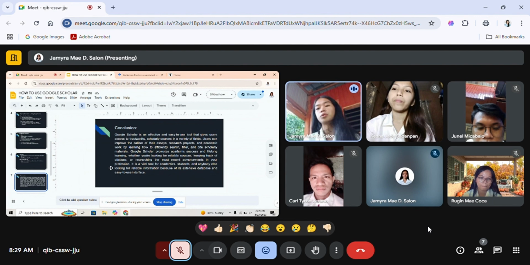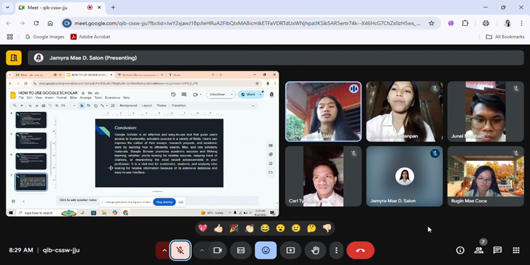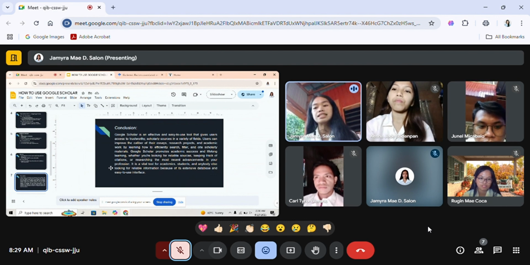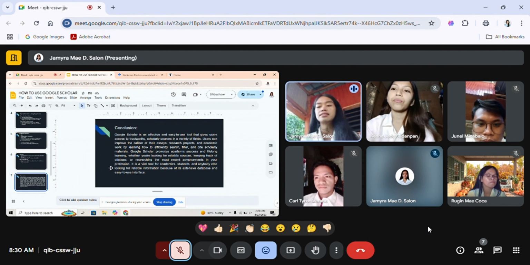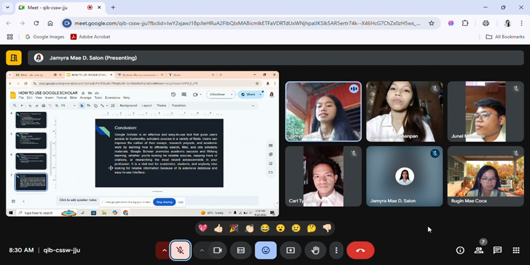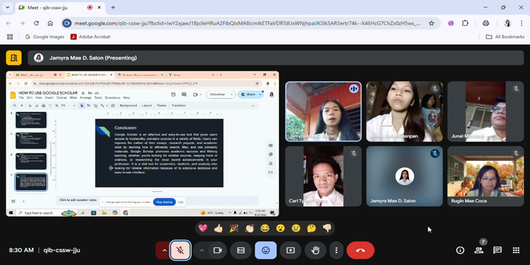Google Scholar promotes academic success and lifelong learning, whether you're looking for reliable sources, keeping track of citations, or searching the most recent advancements in your profession. It is a vital tool for academics, students, and anybody else looking for reliable information because of its extensive database and easy to use interface.